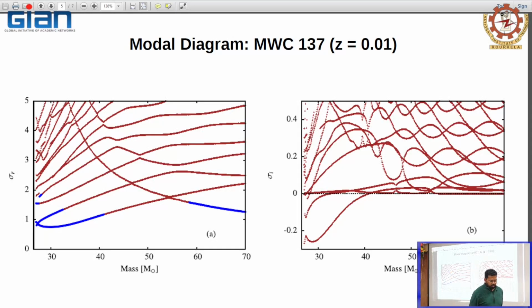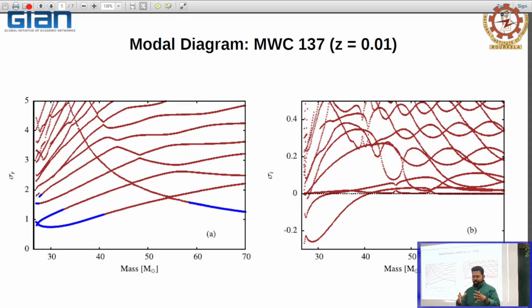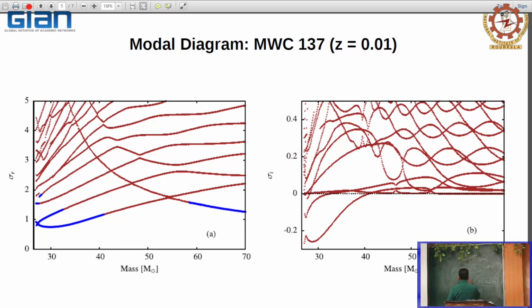but just to give you an idea, what happens in the case of the kappa mechanism is that during the phase of compression, in order to have a cycle, you need to have higher opacity. Okay, during the compression phase, you need a higher opacity. So if you remember the opacity plot,